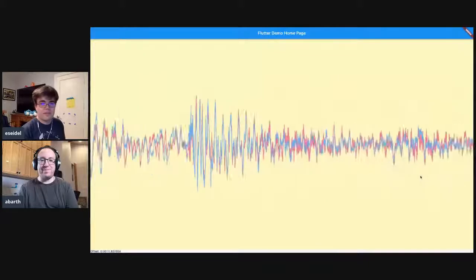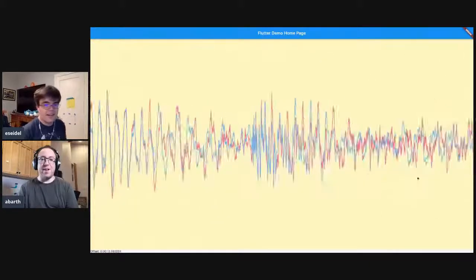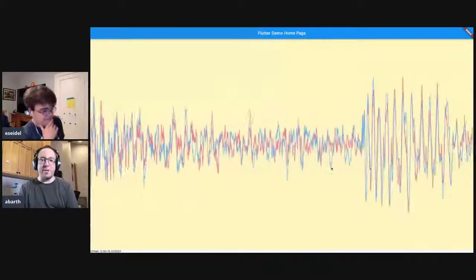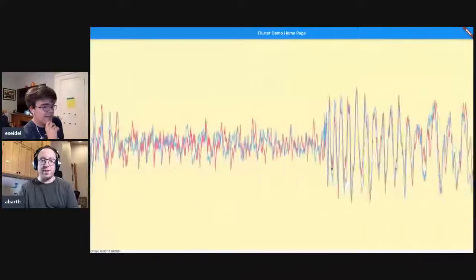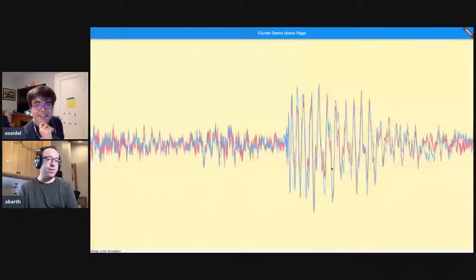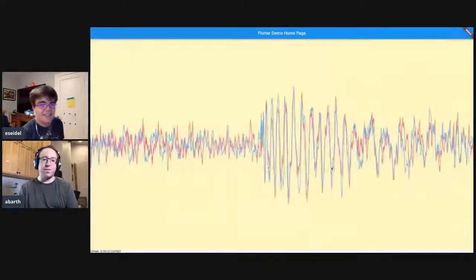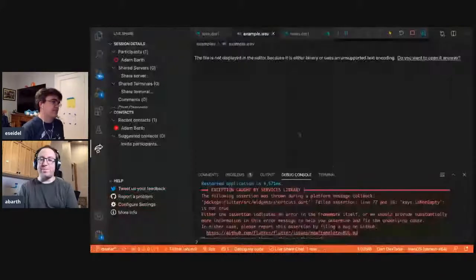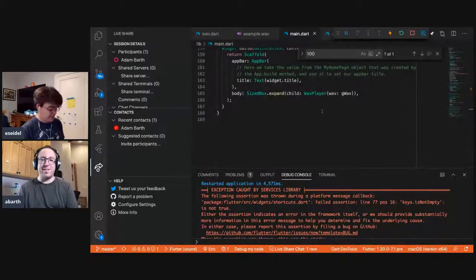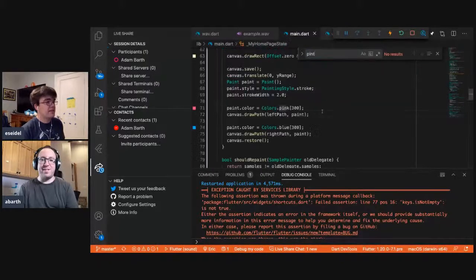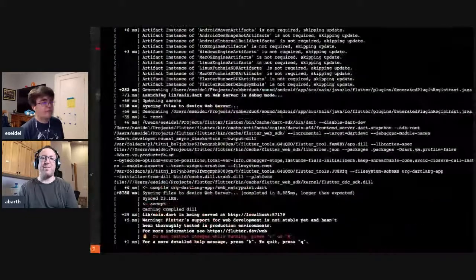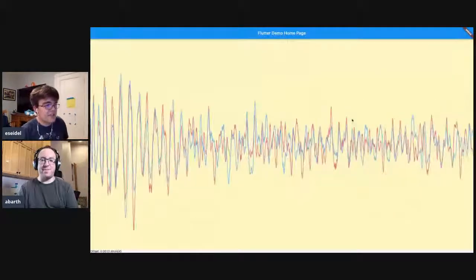There we go. This is where we were. All right, we had both the left channel and the right channel. I think the pink was the left channel and the blue was the right channel, or I forget which is which. But we could look. We can find out. Here, pink. The pink is the left channel. You can see they're not actually that different.